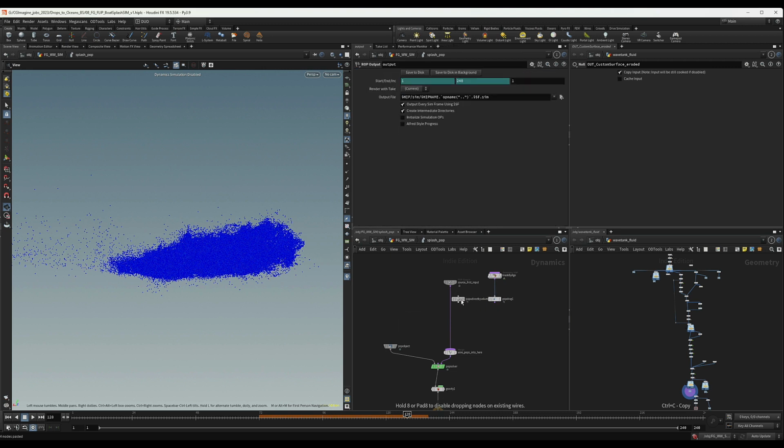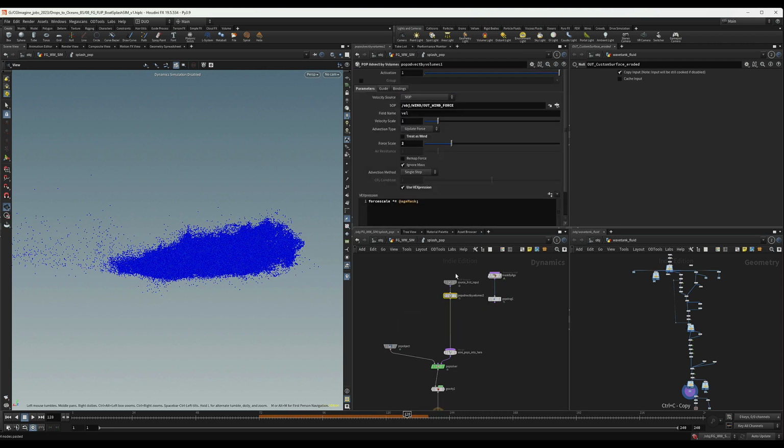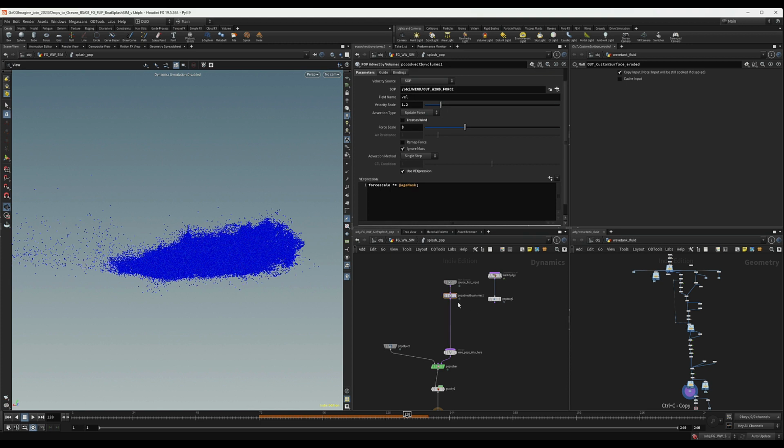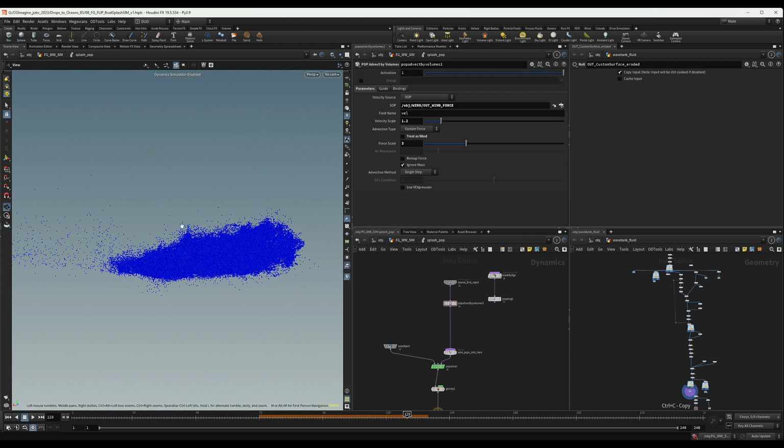We don't want the boat. Let's get this guy. And it's pointing to our wind force. I want to increase a bit the scale in here, but yeah, maybe like this. I want to add a little bit more. And we have the age mask. I'm not sure. I don't think we need that. So I'm going to disable that and get the wind, because these are already particles that are going this direction. So I don't want them to just get picked up by the wind. They can just be born already flowing with the wind. And then